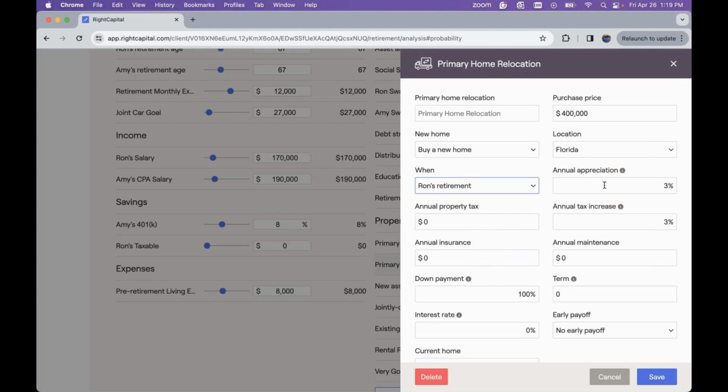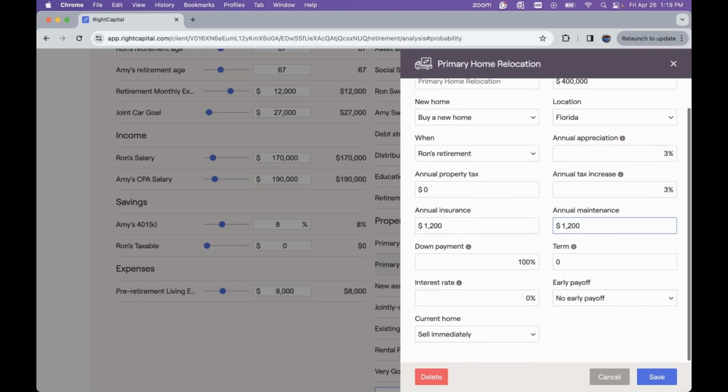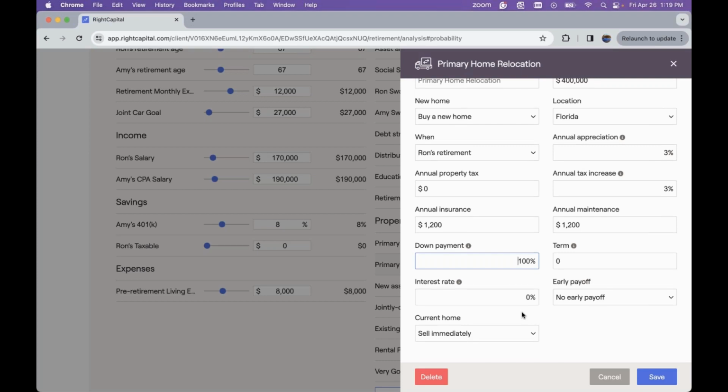We can indicate the annual appreciation value, annual property tax, annual insurance, annual maintenance, and once again, how we're going to be paying for this home. So if we're going to be financing it, we can change the down payment to that percentage, then the term, interest rate. And at the bottom is where we'd indicate what we're doing with the existing primary home, whether we should be